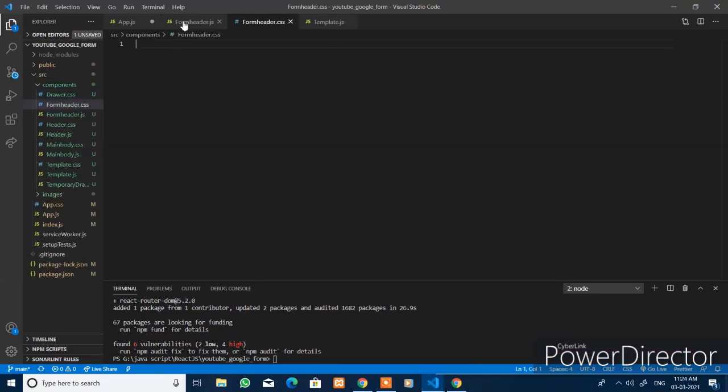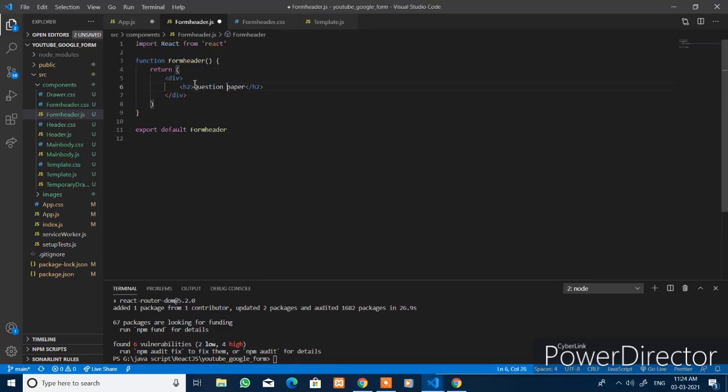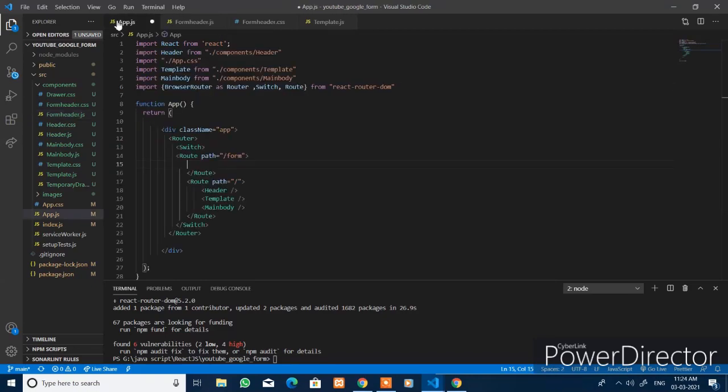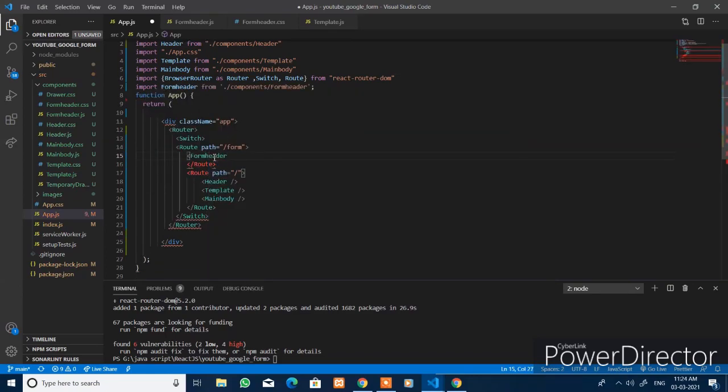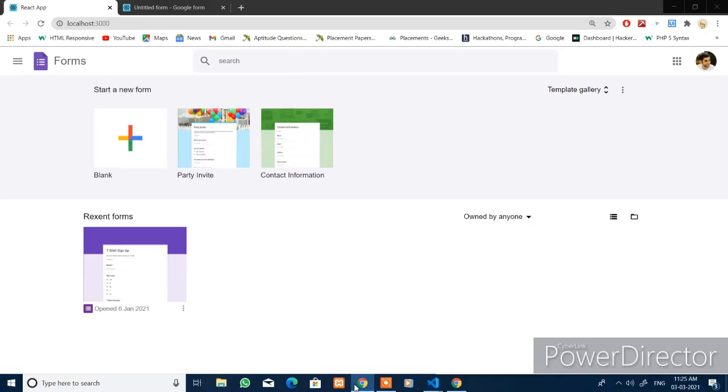Now inside the form header.js, you create the functional component. Save the file and import this in the app.js file, and go to the browser.